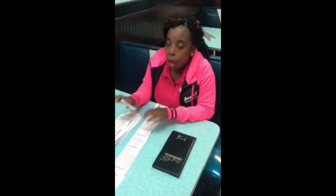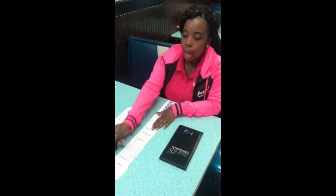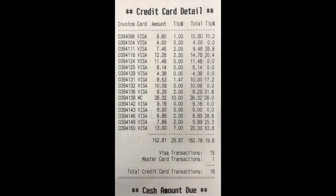Now that I've confirmed all my transactions in my name are indeed mine, I'm going to go through my credit cards to make sure I charge everyone correctly. Earlier, I pulled out all of my charge transactions. I'm going to take these tickets and look at the top of my revenue report where it says credit card